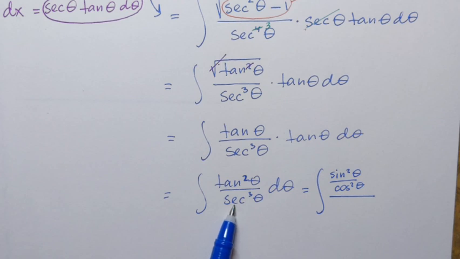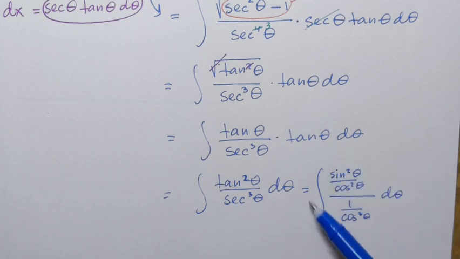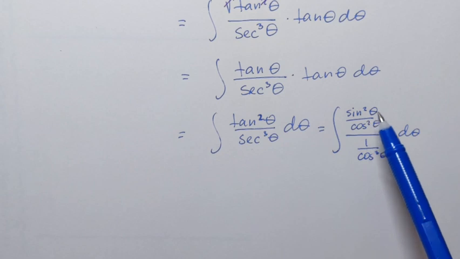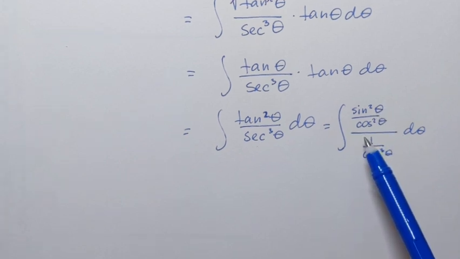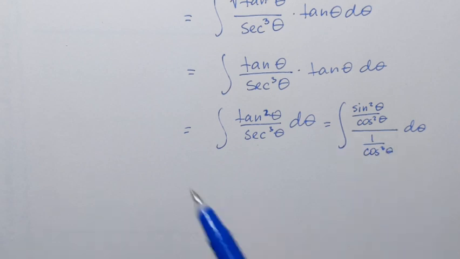Secant itself is 1 over cosine, right? But since it's cubed, it's going to be 1 over cosine cubed of theta, d theta. Now we obtain this complex fraction. To simplify the complex fraction, we need to switch to division, right? So where I have the main fraction bar, I will write division, or think about it as division, which